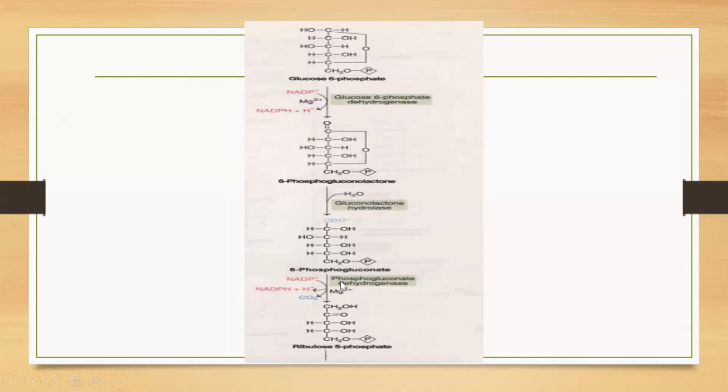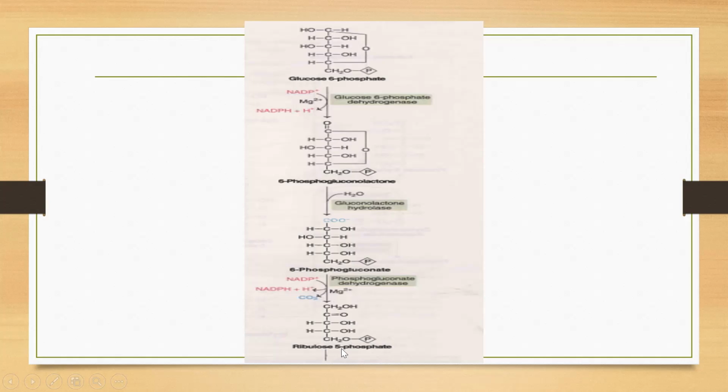Now after this, dehydrogenation and decarboxylation will take place. See, this is the 6-carbon compound, the 6-phosphogluconate. From this, one carbon will be removed in the form of CO2. One NADPH is also formed at this step. One carbon dioxide is removed, and the 6-carbon compound is converted to a 5-carbon compound, that is the pentose, and we get the formation of ribulose 5-phosphate. So till here, this is the oxidative phase, and two NADPH molecules will form from one glucose 6-phosphate molecule, and a pentose molecule will also form at this step.